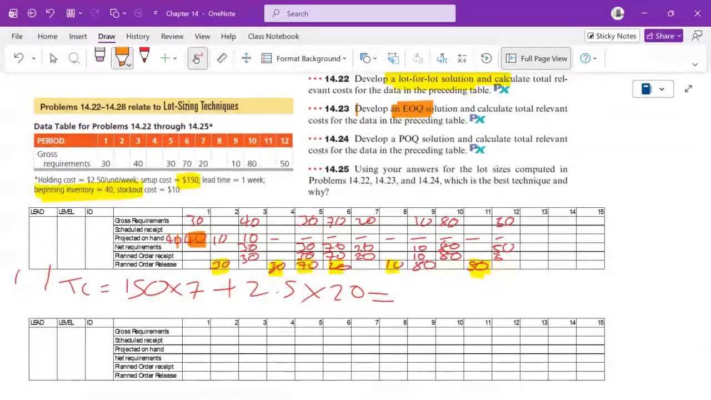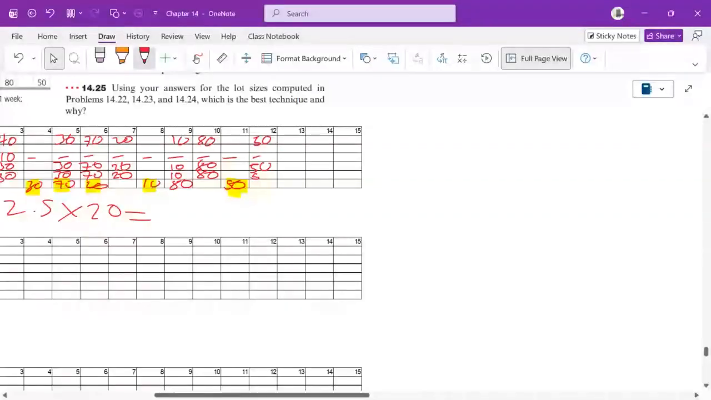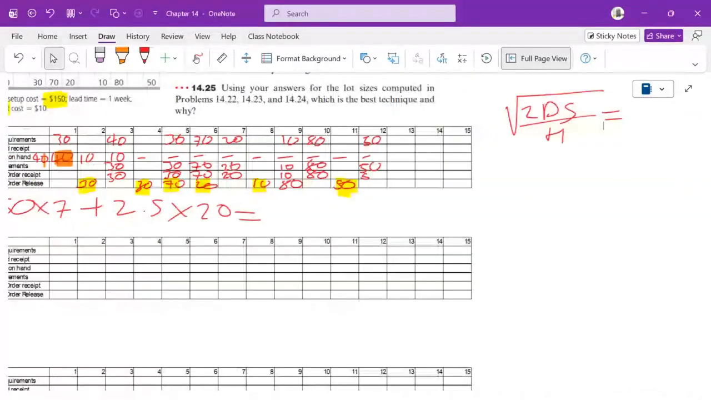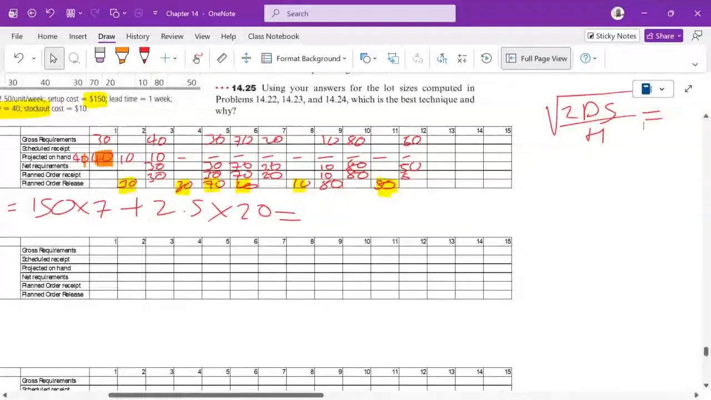We do EOQ. So now you need to put it aside so that we can do our EOQ. 2DSH equals to. Then EOQ, we only focus on the